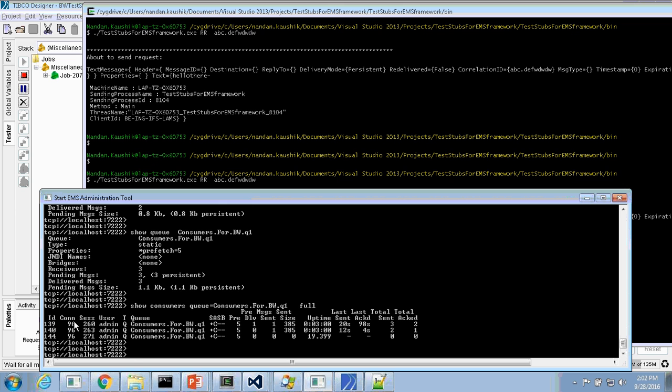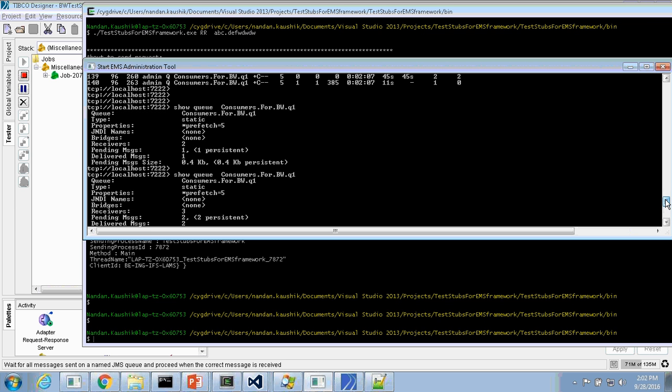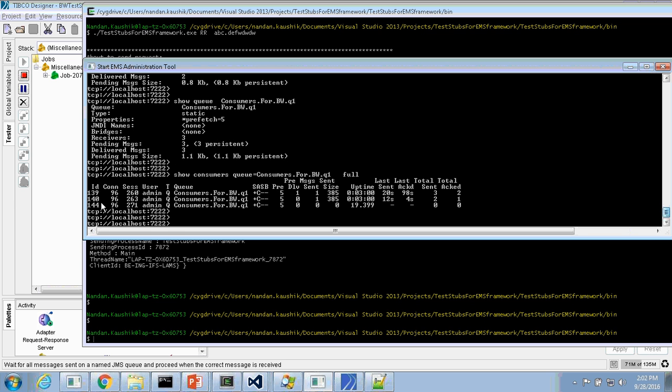So I think you should see the increase in receivers. But you see the consumers 139, 140. So they remain the same. They are not destroyed and recreated in this case, right? But it's slightly unpredictable. I would say we have to look closely into the behavior of this activity, but it's mostly